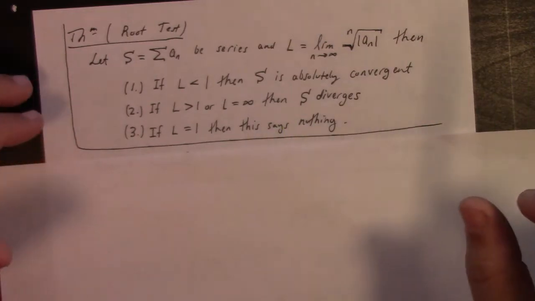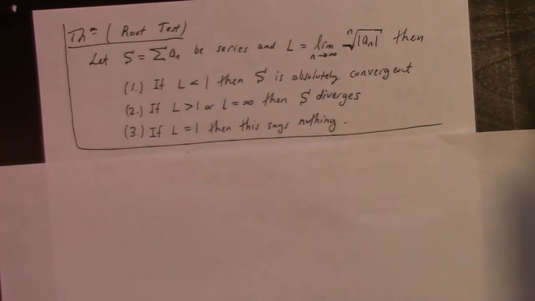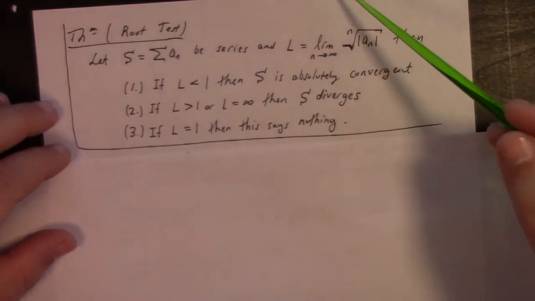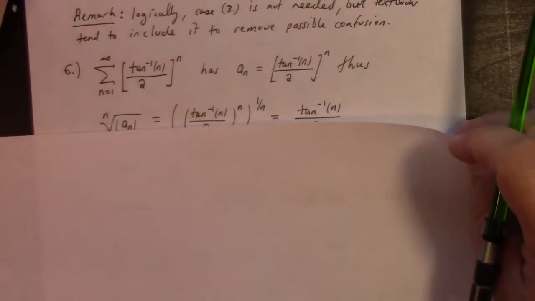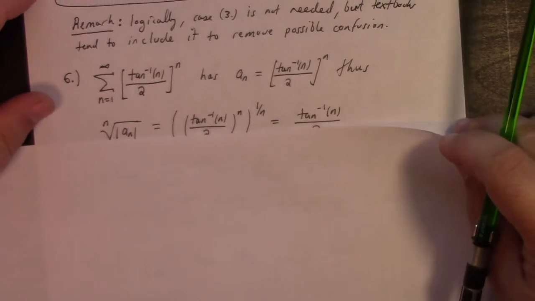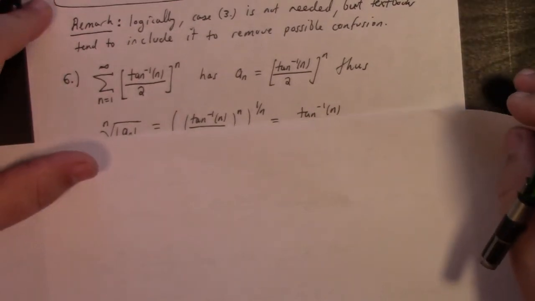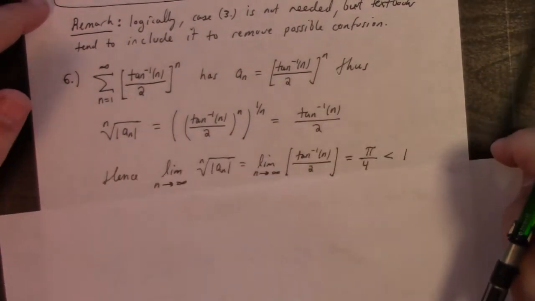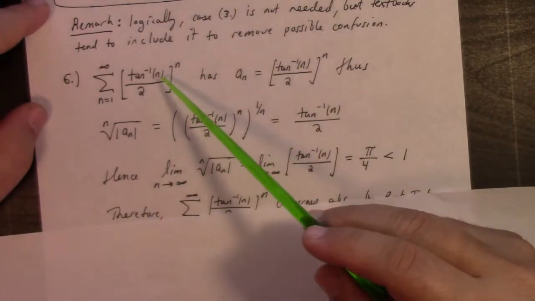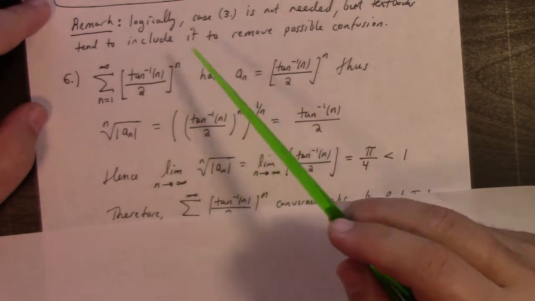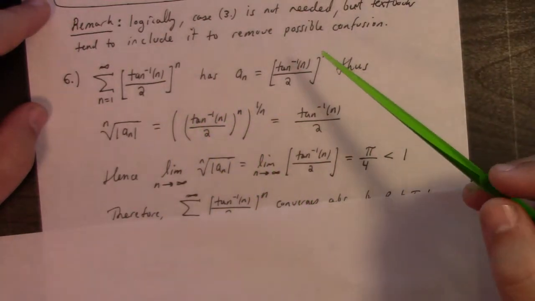It seems like the root test and the ratio test are kind of on the same page, right? But what they're based on is a little bit different, right? So there are certain examples which are just tailor-made for the root test. All right. So here's one. If we have inverse tangent of n over 2 to the nth power, then in this case,